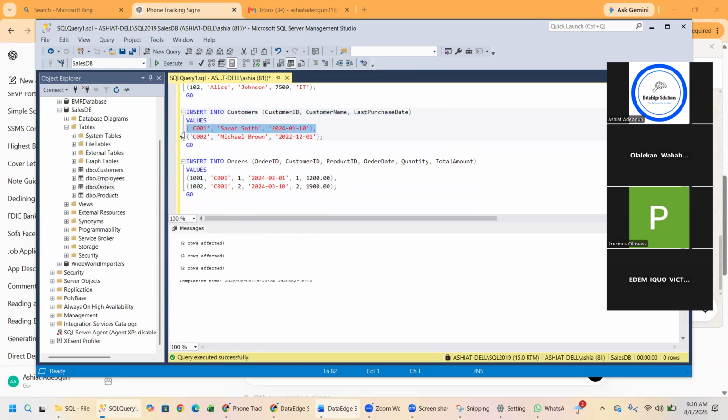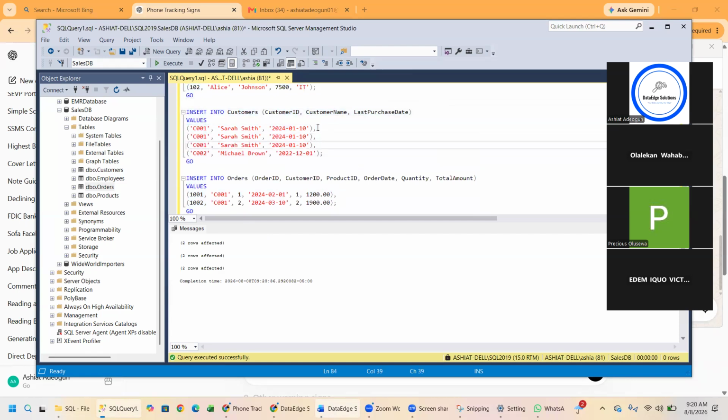Let me copy this, paste, paste. And let me change this one to 11, 12. Sarah, Eden, and Victor Smith. And we have 3 here,